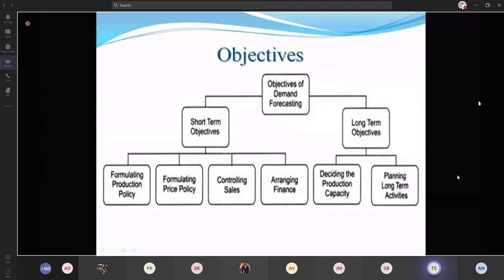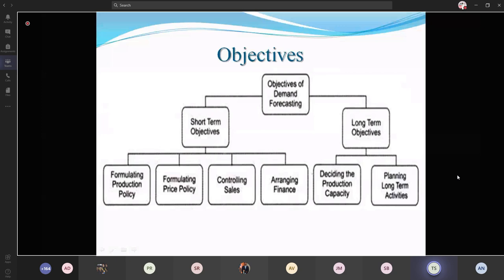And coming to the long term objectives, first one is deciding about the production capacity. Policy determination comes under the short run, but how these policies, how these actions are going to take place, ideas come within the short run, but the application takes a time duration. So the production capacity comes under the long-term objectives. This implies that the organization can determine the size of the plant which is required for the production. So it takes a long time period to make the size of the plant. To increase the size of the plant, that depends on the sales, that depends on the demand of the commodity.